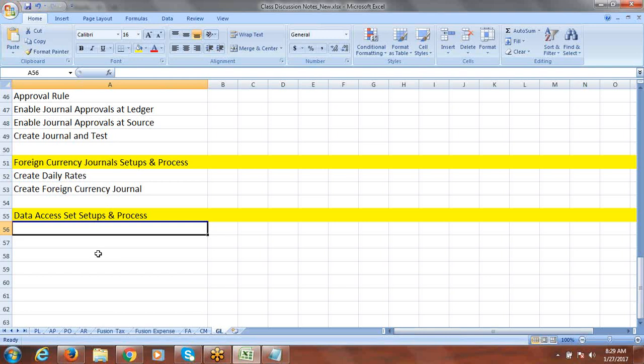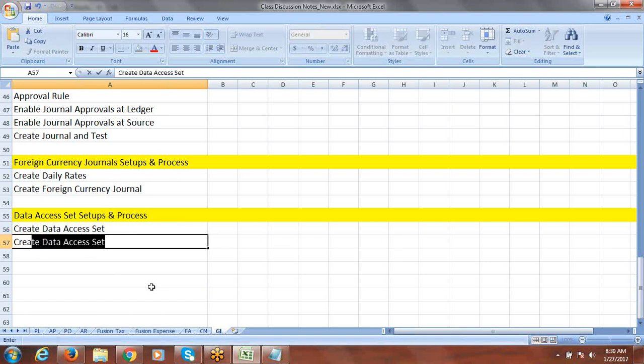And to test this functionality, first we'll go under create data access set. I think we have three balance and segment values, and when we are defining the data access set, for the first balance and segment value, I mean 1000, we'll give read and write. For the remaining 2000 and 3000, we'll set read only privileges. We'll create the data access set, then the system will create the data rows automatically,